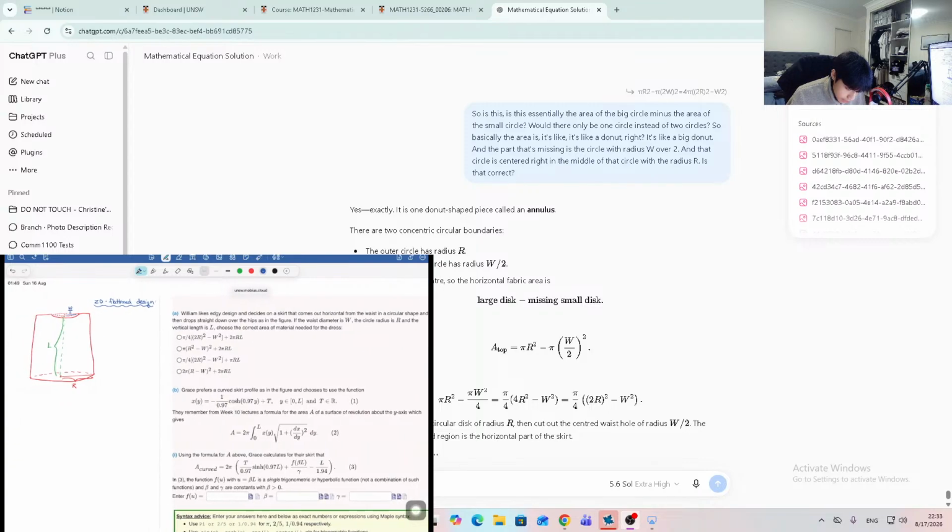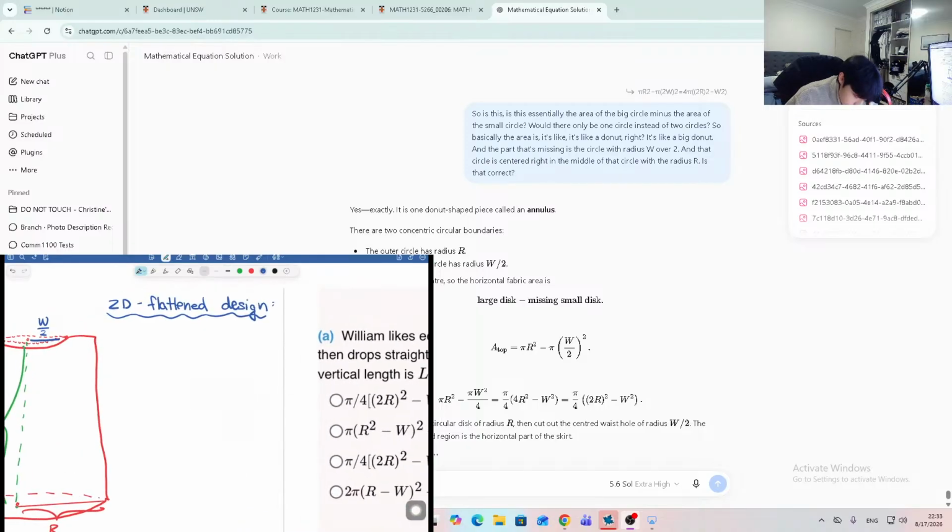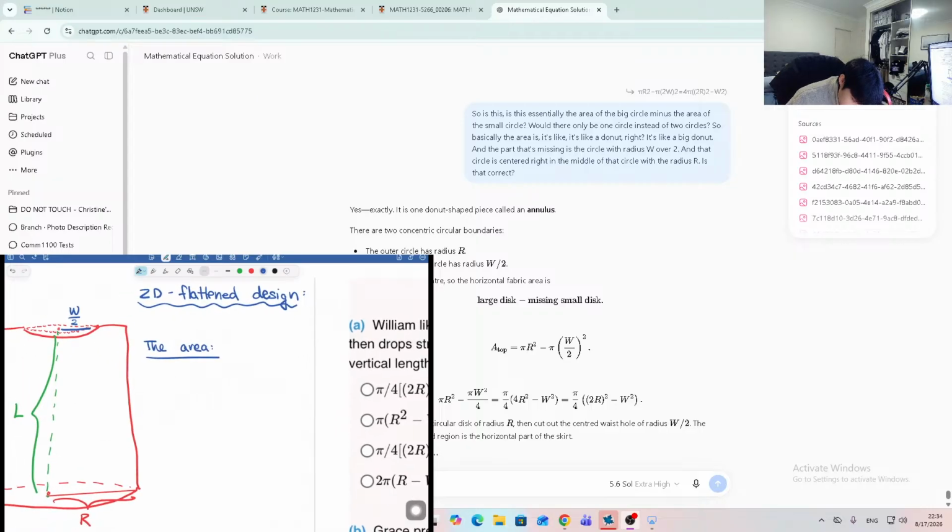Then we're trying to find the area, which would be composed with the